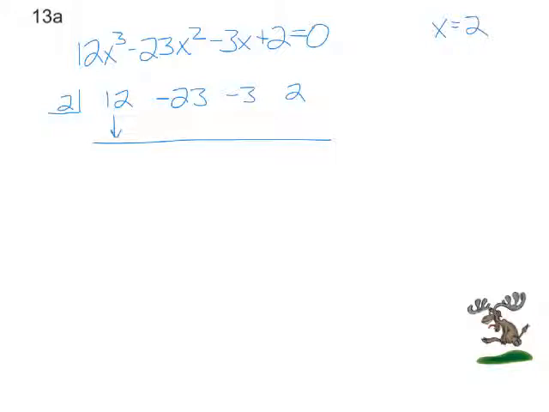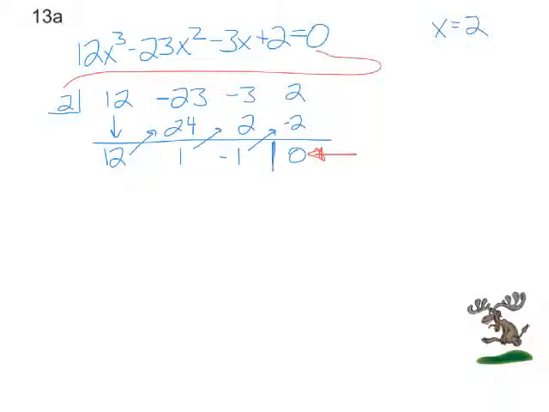The 12 comes down. 12 times 2 is 24. Add those two values. 1 times 2 is 2. Add those two values, and -1 times 2 is -2. And add those two values, and we get the value of 0. Because this value is 0, it confirms that 2 is a solution to that polynomial. So now what we have is 12x squared plus x minus 1, and we're trying to find when that is